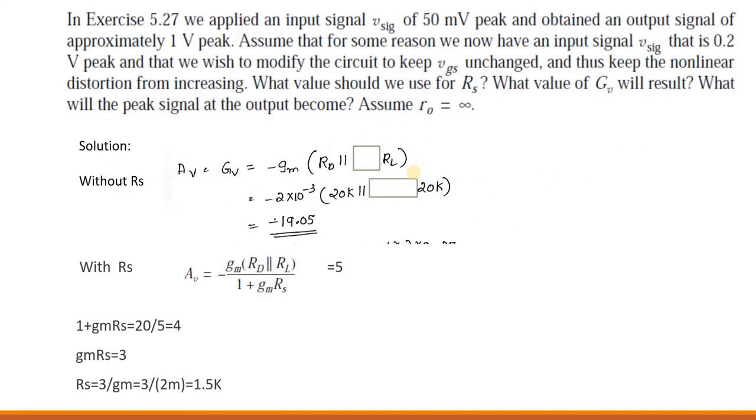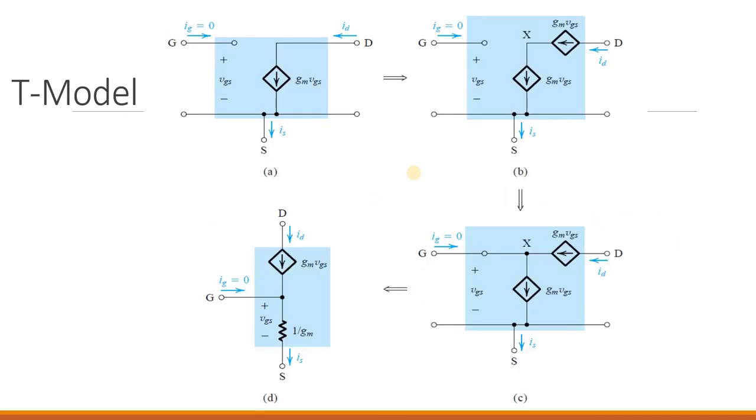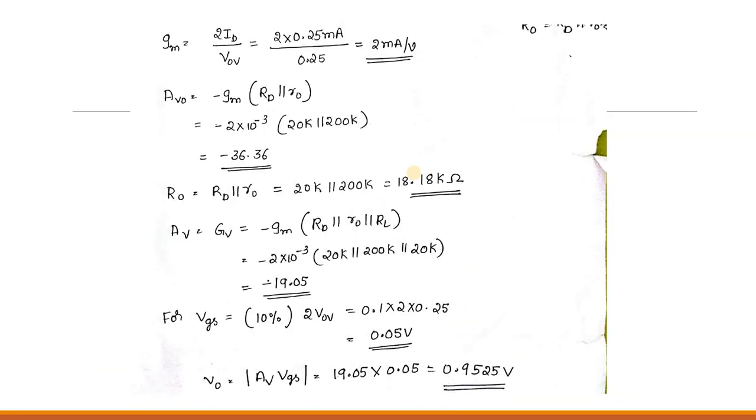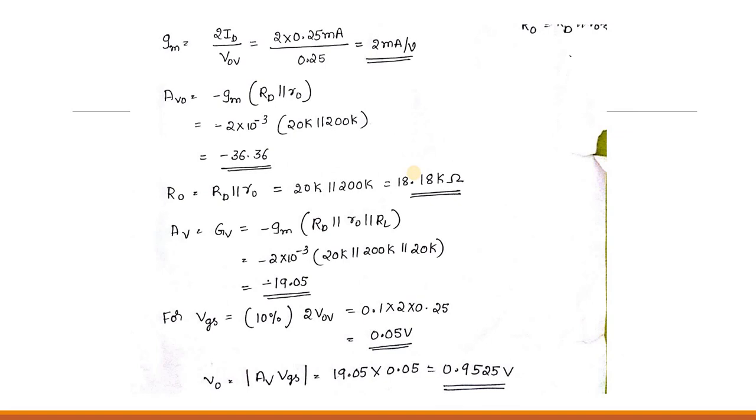Next, one problem under this, similar to the previous one. One problem under common source amplifier without source resistance we have already seen. So with reference to this, one more problem is given. We need to know this voltage gain to solve that problem. See, what is the voltage gain? Overall voltage gain is minus GM RD parallel to R0 parallel to RL. With the inclusion of R0, we will be getting the output as 20. Okay, overall voltage gain as 20.